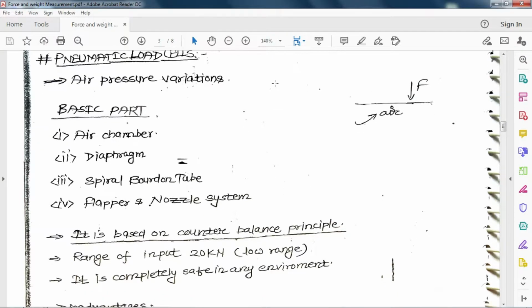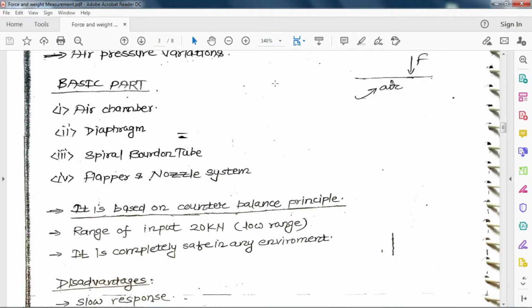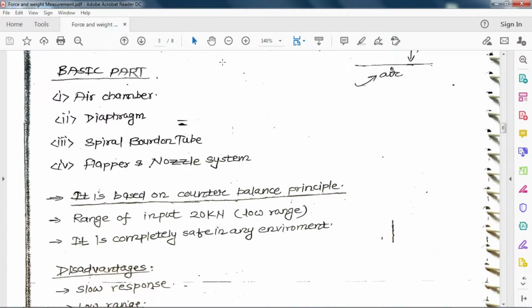In this case again, the same formula, F is equal to PA, and this P is calculated from the Bourdon tube, and the area of the diaphragm is already known. It is based on the counterbalance principle. Basically, we apply air pressure initially when there is no load, and in this case the Bourdon tube shows some pressure, like X pressure, and when we apply force, we get a pressure on our diaphragm,